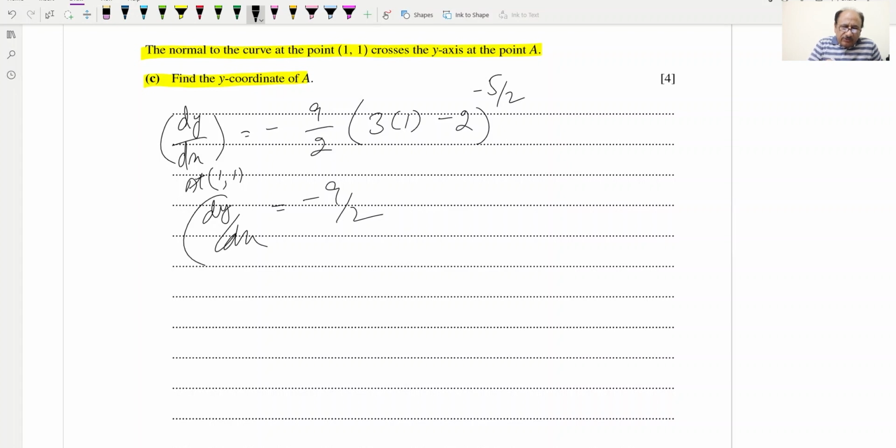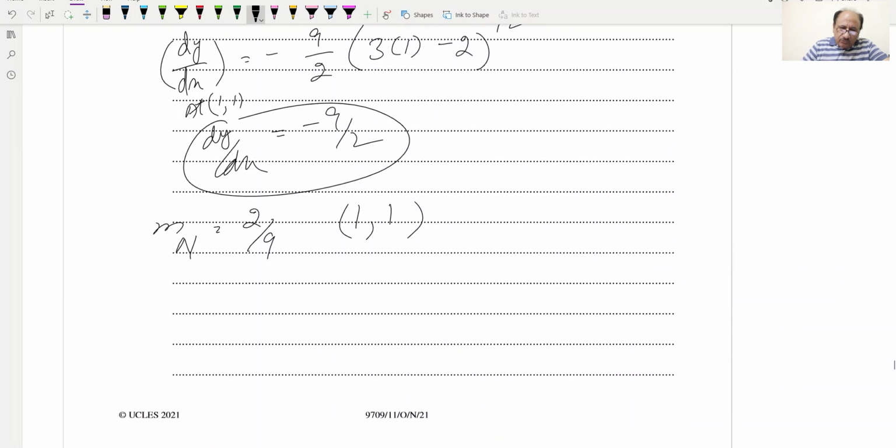This will be our dy by dx at this point, the derivative which we'll be using. The derivative of the normal will be what? This will be the reciprocal with the sign changed, so we take the reciprocal and change sign, and it will be 2 by 9. And which point will we be using? We can use the point 1, 1, which is given. So our equation will be